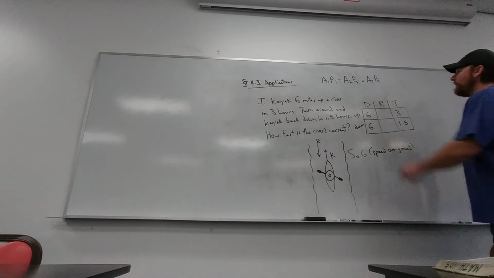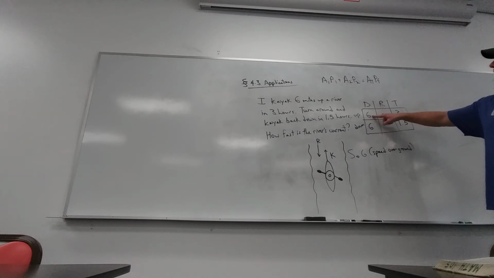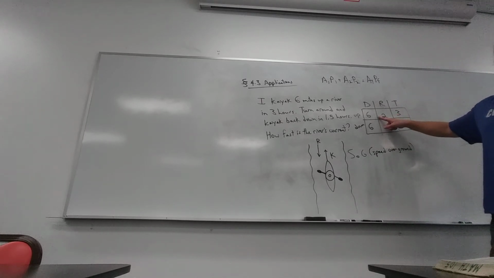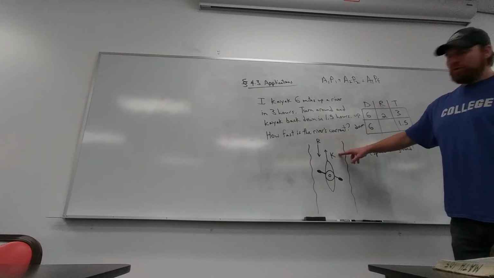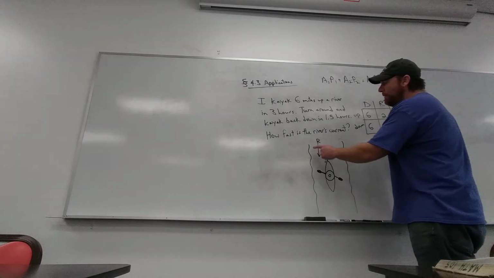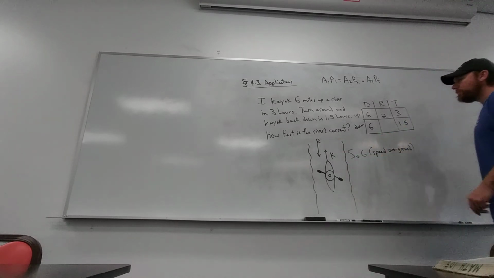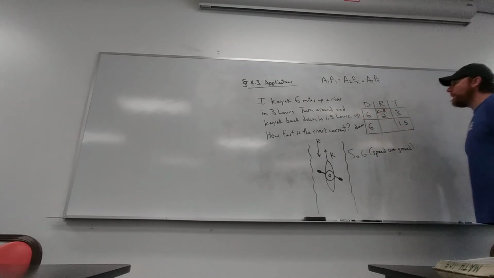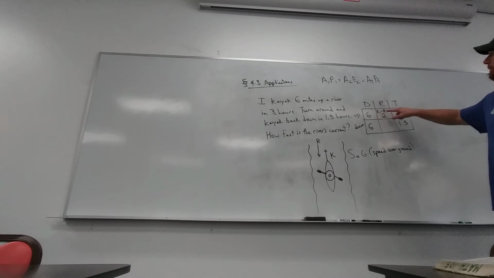All right? Speed over ground is obviously 2 miles per hour. Right? If you're going 6 miles in 3 hours, 6 divided by 3 is 2. Now 2 is not the answer to the river's current. 2 is my actual speed over ground going up that river. But 2 has a relationship between R and K. 2 is however fast I'm paddling minus the river's current pushing me back. Okay, we're basically adding these 2 vectors together. So it's going to be my speed minus the river's current, which is going to be K minus R. I'm going 2 miles per hour in actuality, but that's found from my speed minus the river speed that I'm